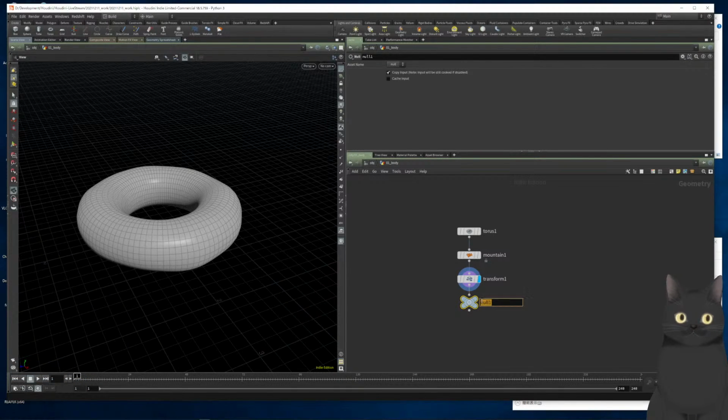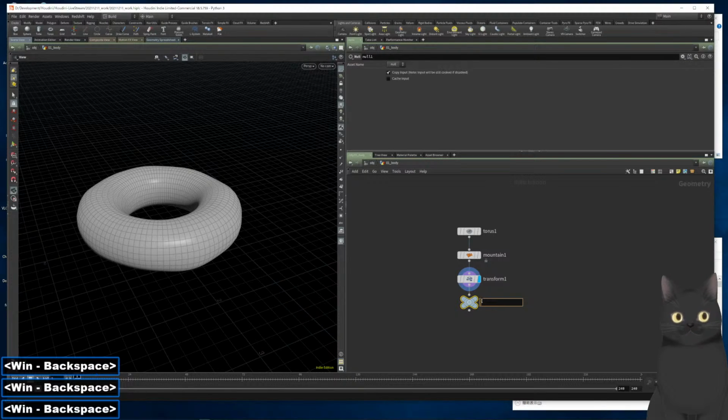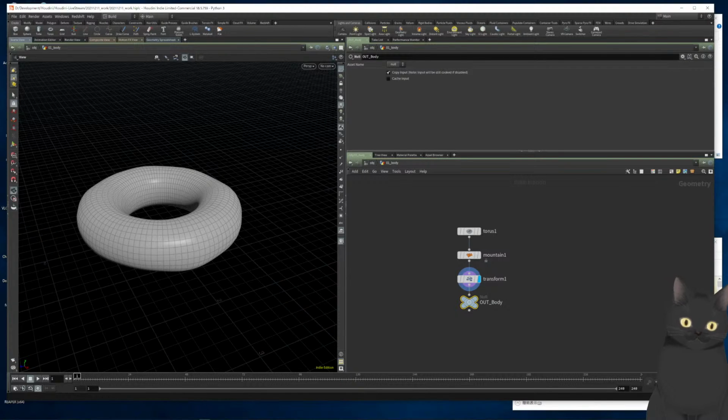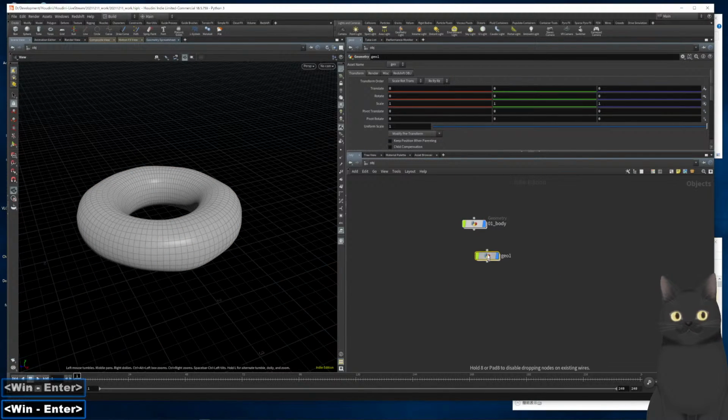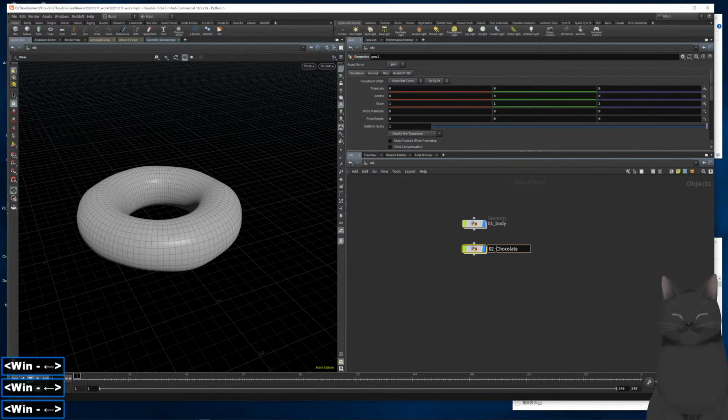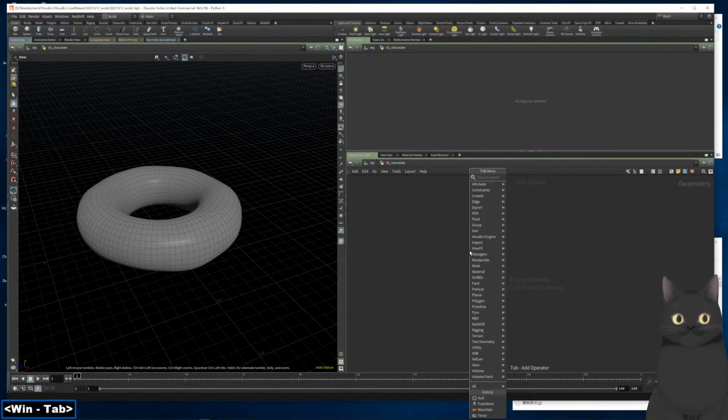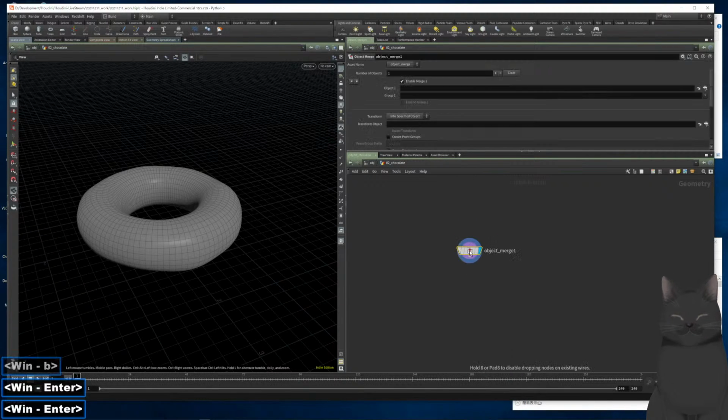Now press L to sort it and spacebar H to get the central view, and use U to go out. And now we're creating a new geonode, this time called chocolate. Inside, we want to refer to the old node, and by clicking on this icon we can go to the old out. And before we can apply any chocolate layer, we first want to create a mask for it. So create a point warp, call it mask, and